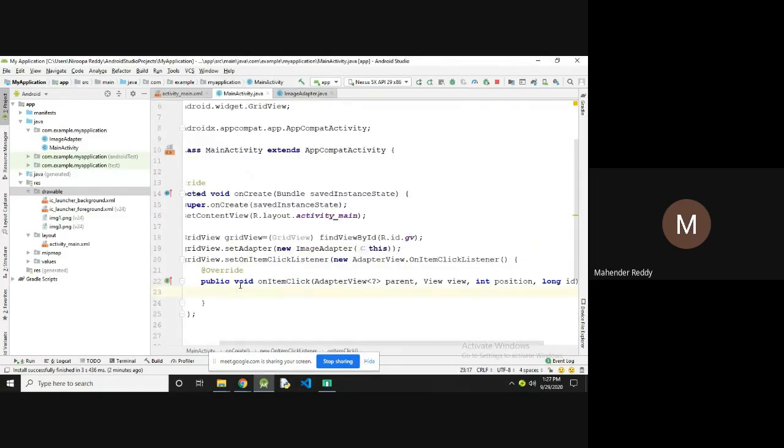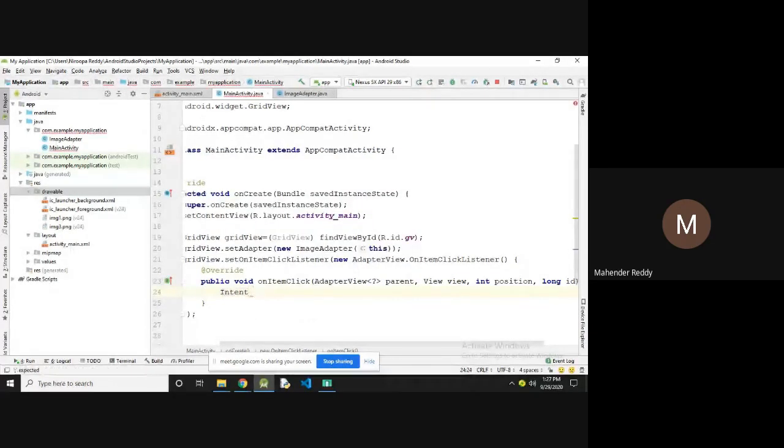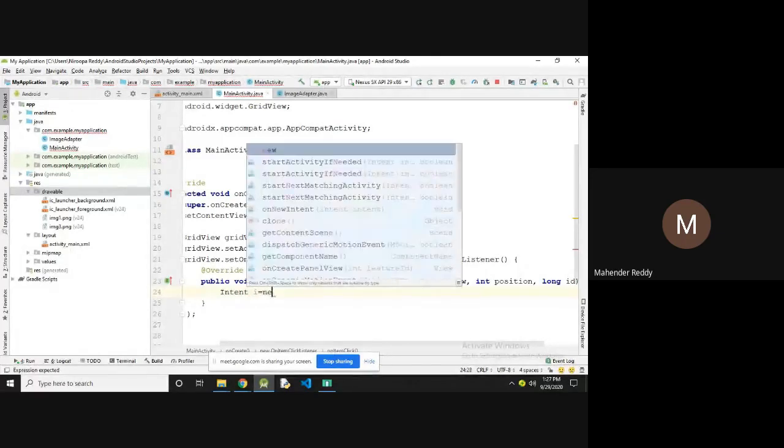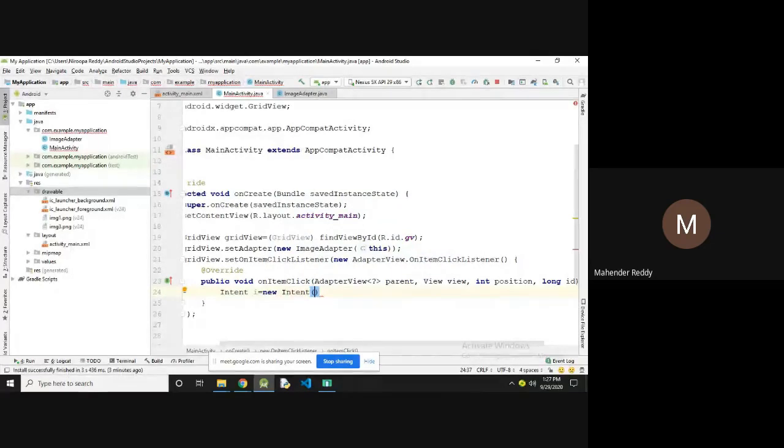Here I'm going to call the intent method: Intent i is equal to new Intent. The first parameter is the application context, and the second one is FullImage dot class.